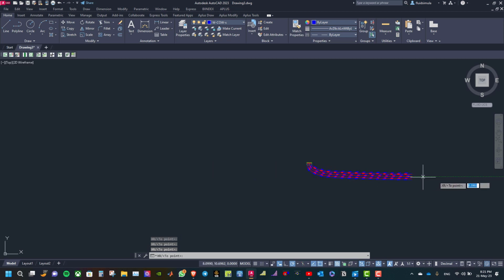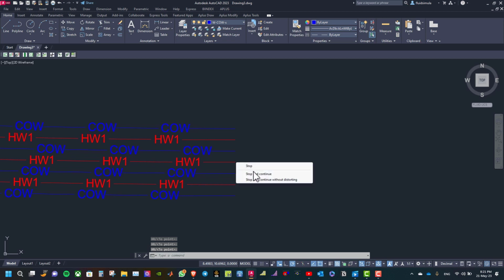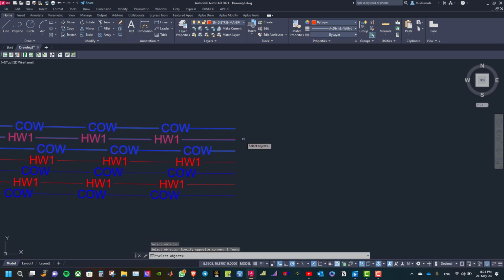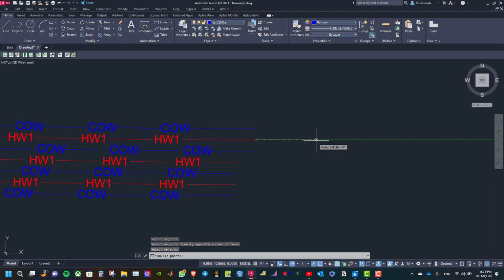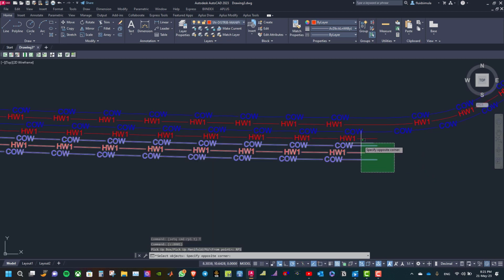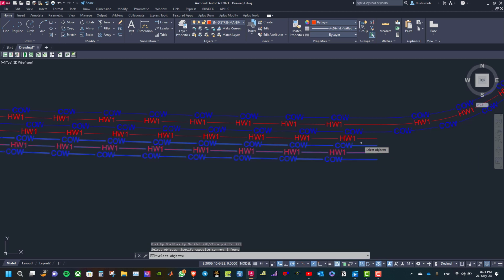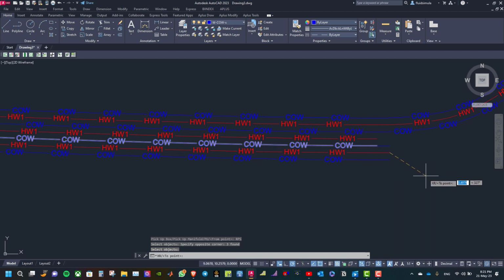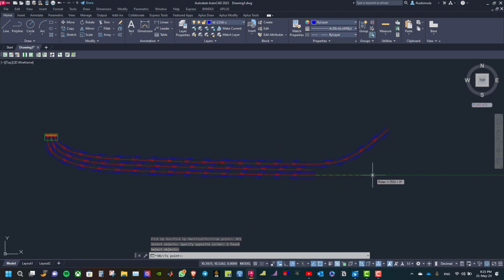After that, right click, you can select stop and continue without starting, and then select these objects and right click and go to your destination, and then click stop and continue without distorting, and select a new object with left mouse click and confirm with right mouse click, and then go to your destination